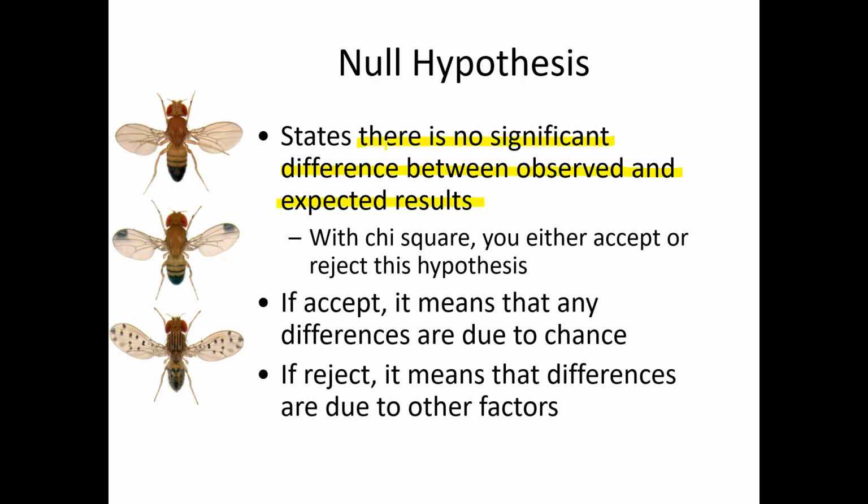And then we would either accept this hypothesis and say that we were right, essentially, that that is the inheritance pattern, or we would reject this hypothesis based on the chi-square analysis, okay? So accepting means that any differences are just due to simple chance, because we know that reality is not going to perfectly match the expected, okay? If we reject it, it means that the difference is big enough that it must be due to other factors,